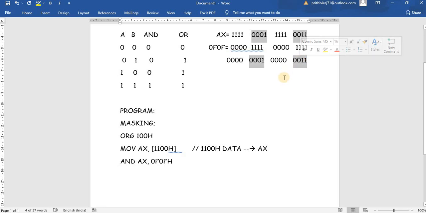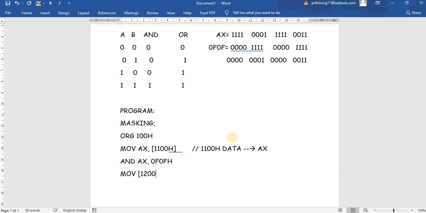So this is where we can use the AND operation. AND AX comma 0F0FH, and then we can see the output in some other memory location. So we can give 1200H comma AX and halt the program.